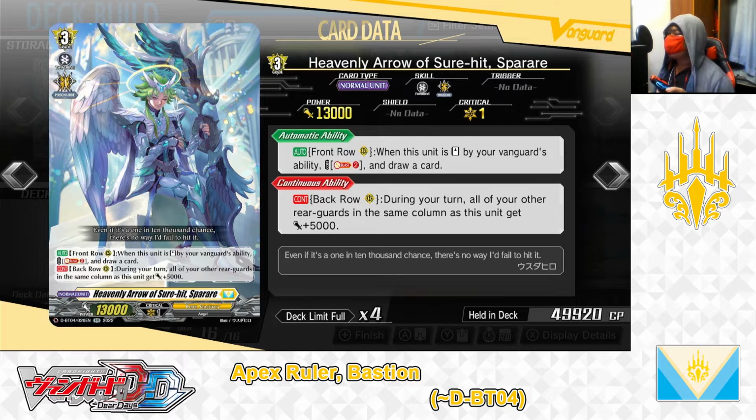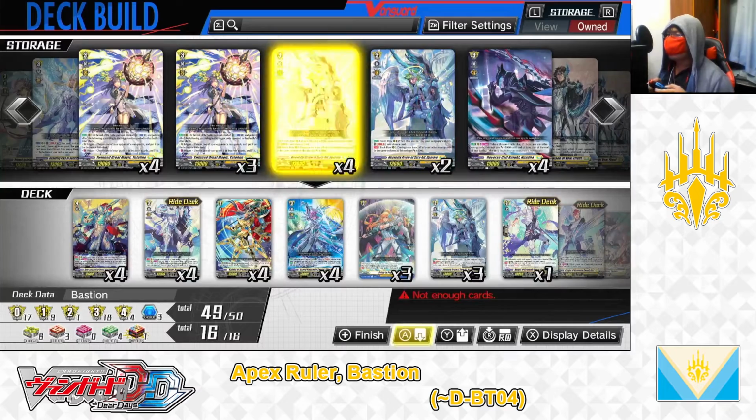Then the second skill from the back row, all the other rear guards in the same column as Sparare get plus 5,000 power. So Sparare is a good back row booster for your front row Grade 3s or any other rear guard you choose to call in the front row. So for Sparare, we're playing 3 in the deck. Okay, next up,